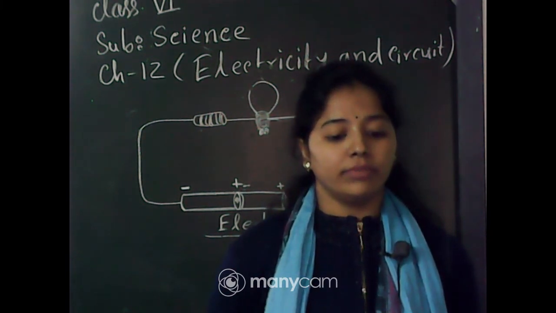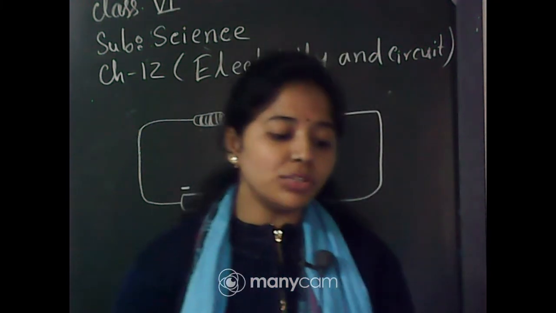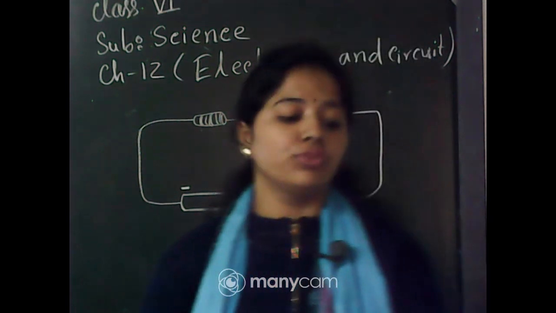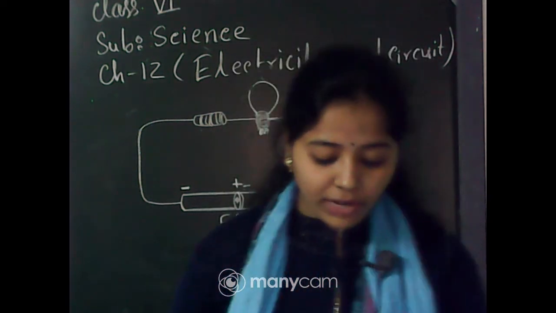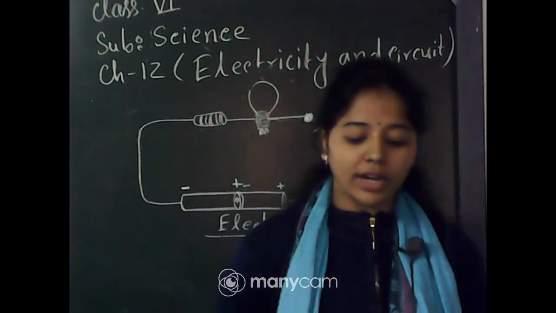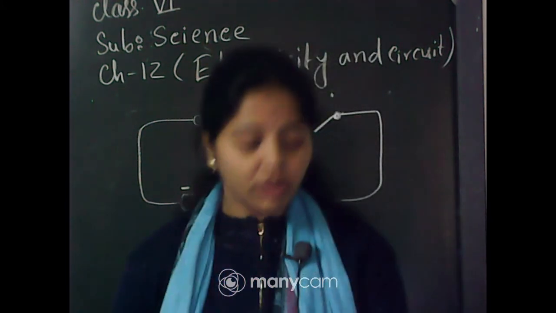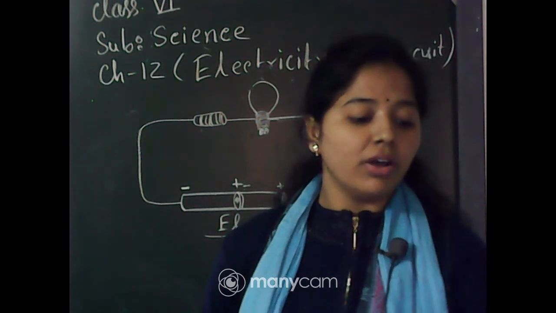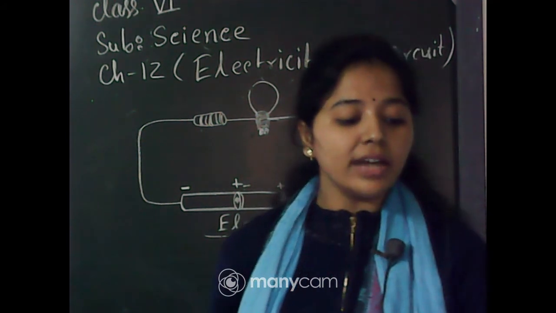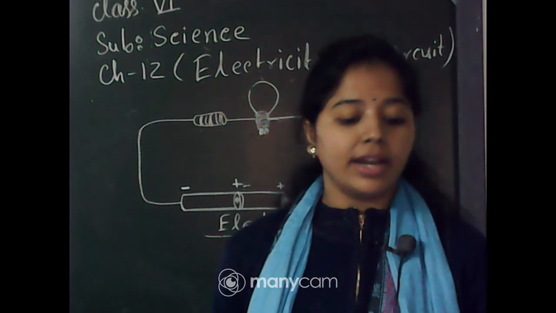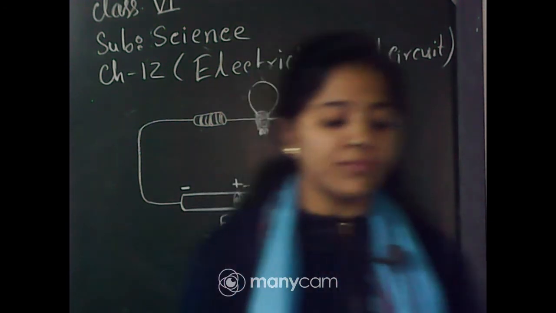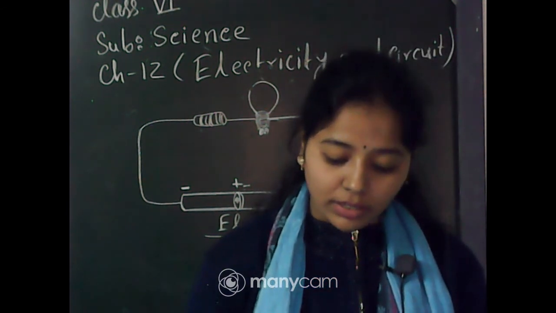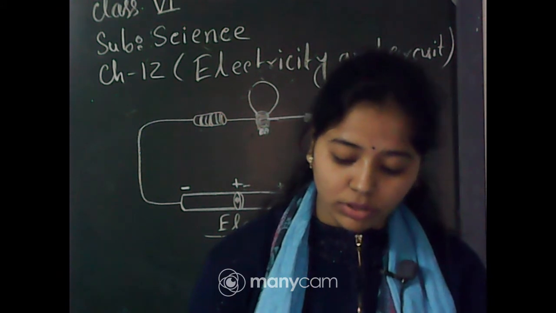Okay. Very good. Now, so what is switch? The device which is used to break or connect the circuit is known as switch, and when switch is connected we call it on, and when it is not connected or open state, then we can say that switch is off. Okay, so there we have learned what is an electric circuit and what is the main function of switch. Now we will move forward to some activity from your book.